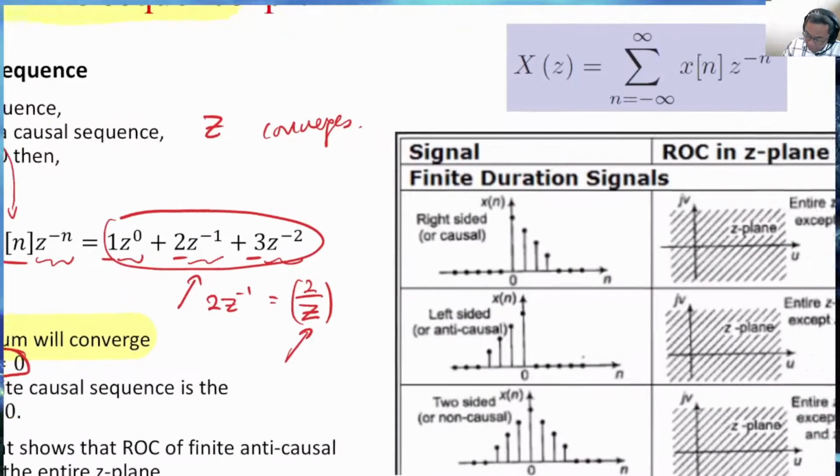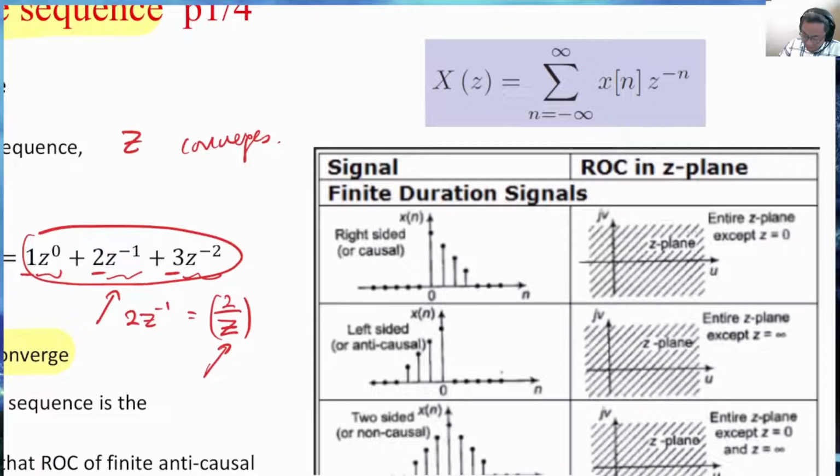Right, let's see the picture on the right hand side. On the right hand side, this is the sequence we are talking about, a finite causal sequence existing on the right hand side. For the region of convergence, typically we use the shaded region, and this is the shaded region. This is the real part of z, and this is the imaginary part of z. And the answer is that we can shade everywhere on the z plane